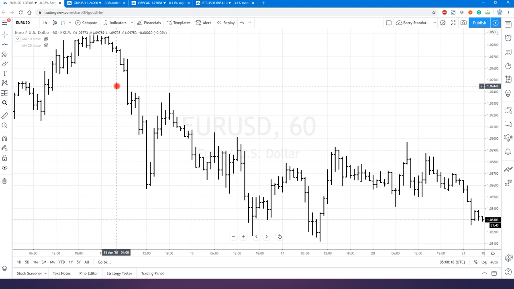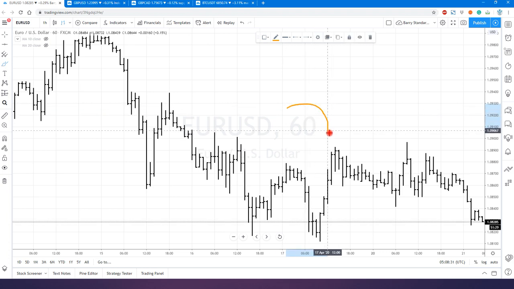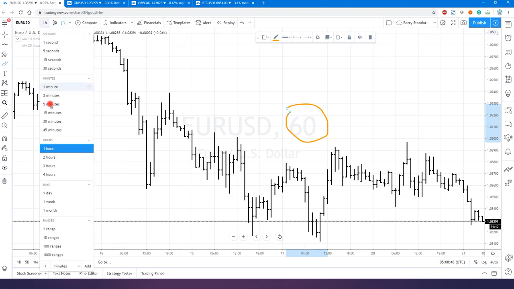But once you've understood the difference in charts, chart types, you have to understand time frames. Now we're looking at a Euro US dollar on a 60-minute chart. That means every 60 minutes we're putting the open, the high, the low, and the close for that 60-minute period, but only that 60-minute period. Okay. Now, nothing changes when we change it to a half-hour chart,